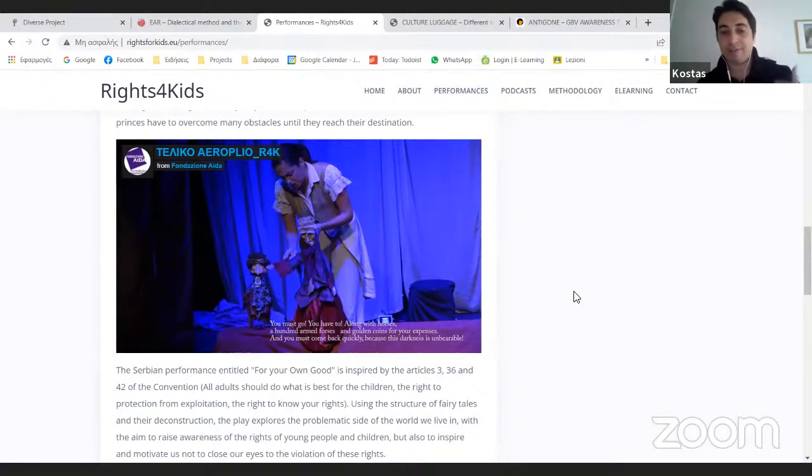So this was developed, and here the process was also very important because it was developed with the participation of the children through workshops that make them aware. So we discussed what the Convention on the Rights of the Child is, what their rights are, what is important for them, which rights they think are violated, for example. And on the basis of this and of the ideas provided by the children themselves, we created a performance